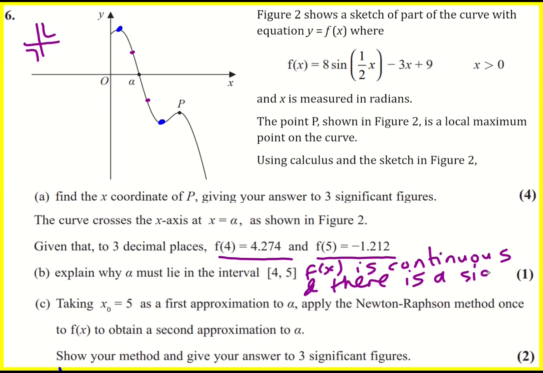The answers actually say the function goes from being positive to negative, but it is the same thing. So alpha must be, I would say between 4 and 5, but I'll write it as they've written it, in the interval